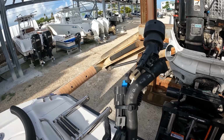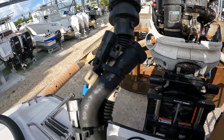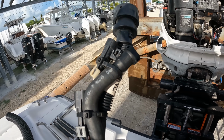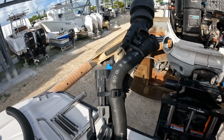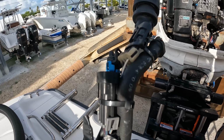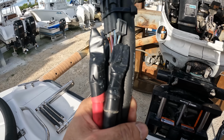This is how you run this rigging. All you need are 2 zip ties. You put the 14 pin on the end, and then you put your fuel hose. When it has this fitting on it, a lot of them you don't really need to do this. You just run enough fuel line to get all the way into the engine, but you can tie that there. You got the clean power, you got the boat harness, and then you don't even have to zip tie your